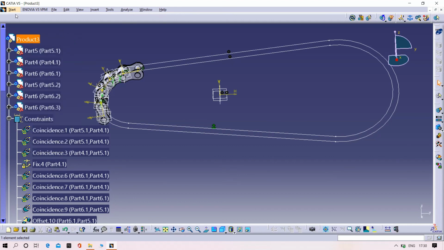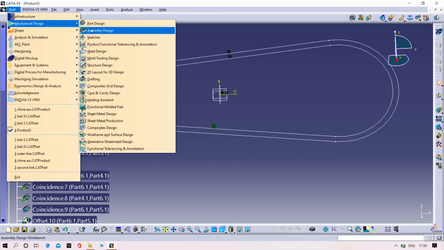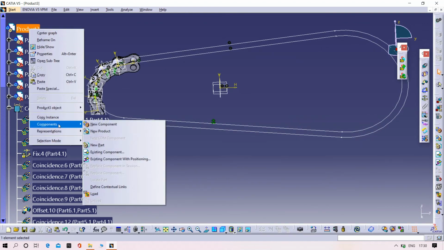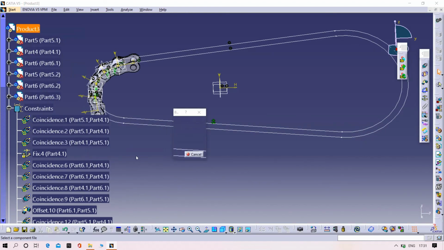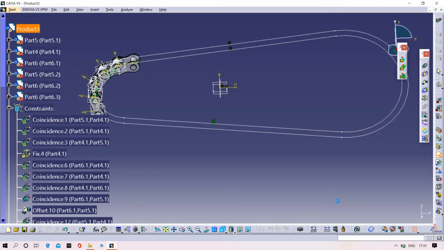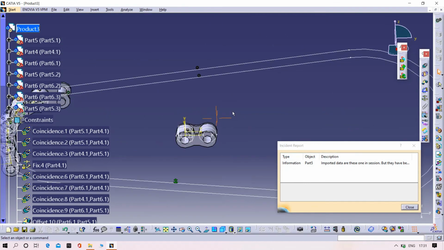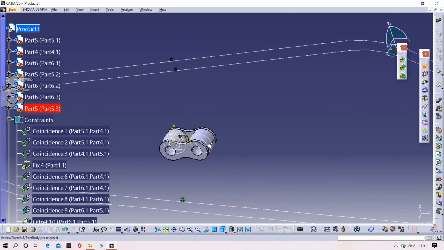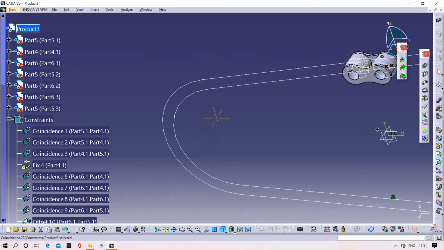Try to go to the assemble design section, assemble. Then again try to insert the components, existing components, select the link one, then try to select the coincident tool, point, curve, apply.